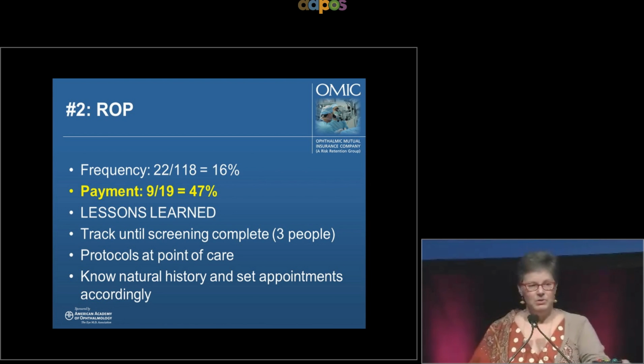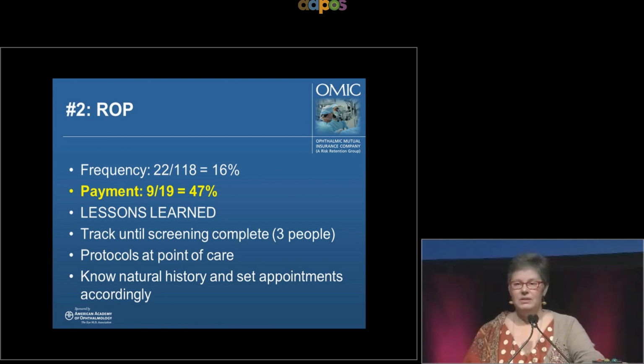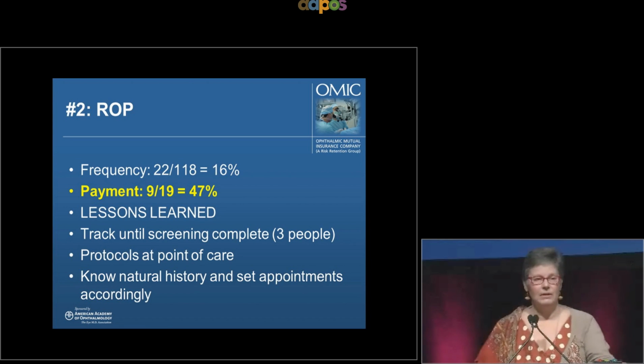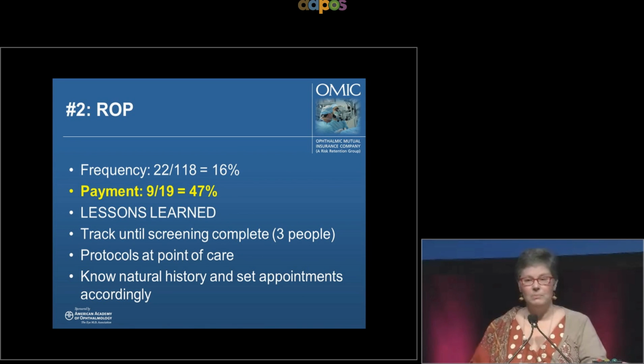Obviously, it does help us a lot if you know the natural history of the disease, and I'm sure you've heard, if you've been tracking the work on Avastin for ROP, that it changes the natural history of the disease, and you have to know that and track those babies differently, both in terms of frequency and how long you follow them up, if you want to keep them seeing and keep yourselves out of court.